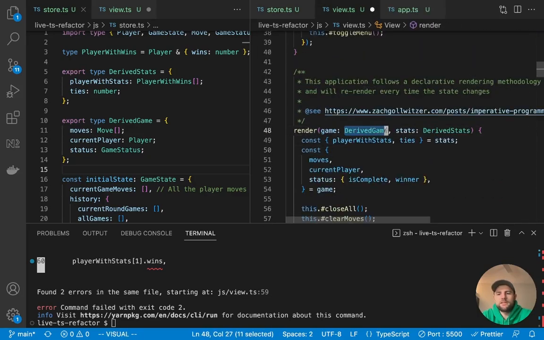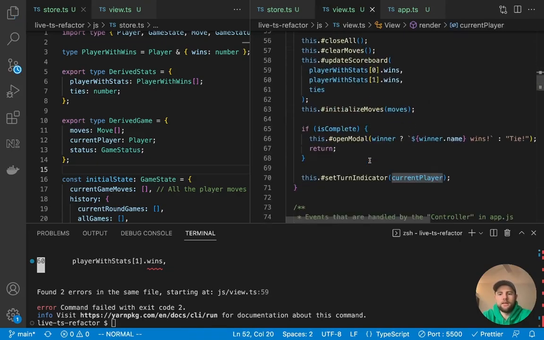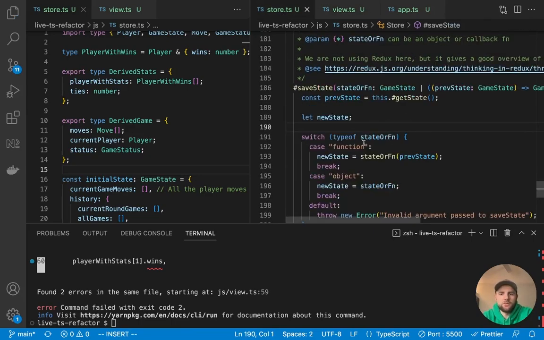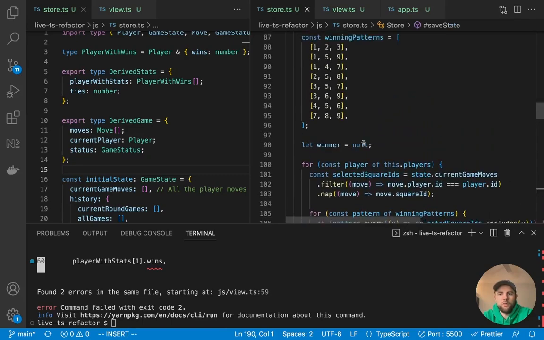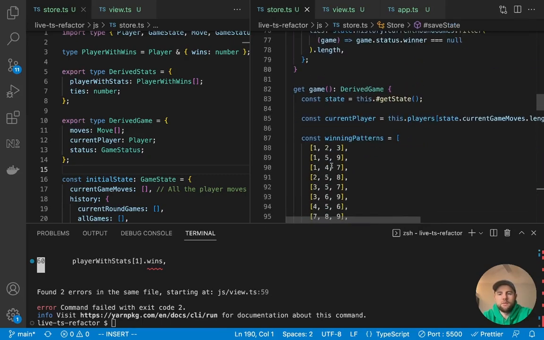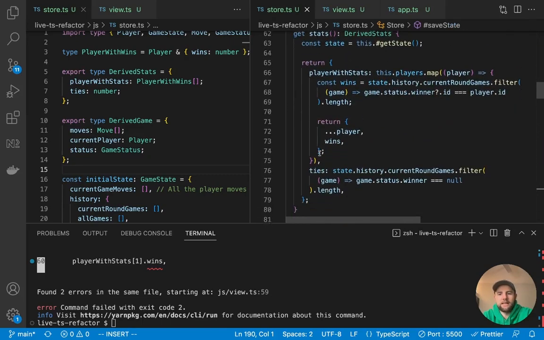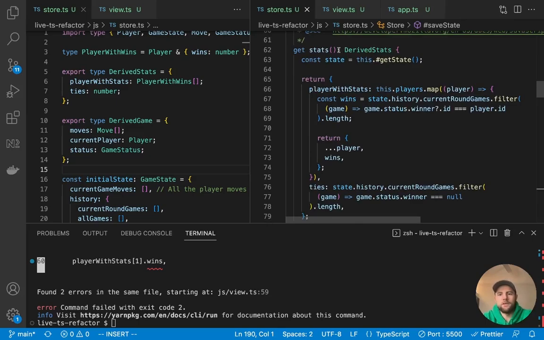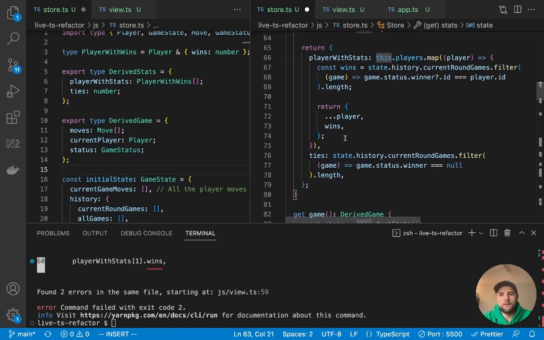So now we have explicitly typed the render method to pass in a derived game and derived stats. And now the benefit of doing this, if we come back to store and we go back to this game method, or let's say stats. Earlier we were looking at stats and we changed a property on stats. So remember, we previously had no explicit return type.